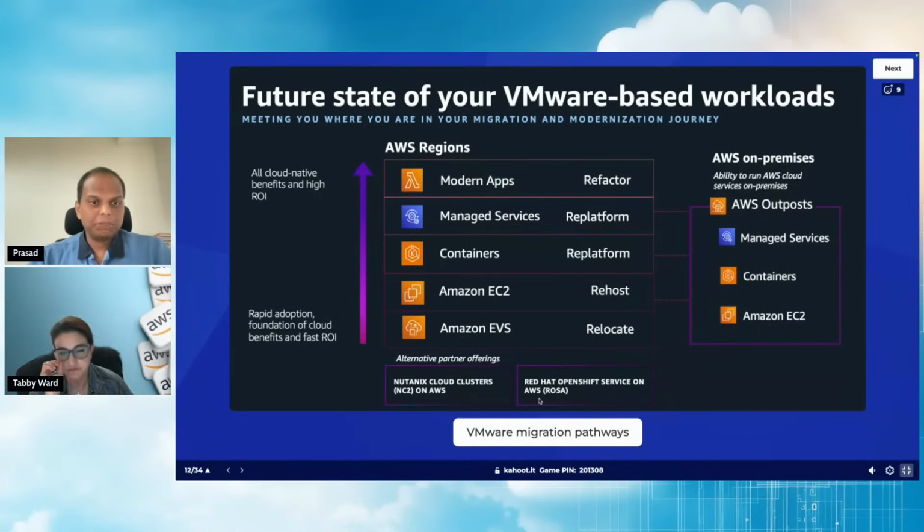Sure. Again, each of these pathways in itself is quite in depth, right? We'll be focusing today on EC2, mostly because we're talking about AWS Transform when we will dive deep, but we'll also touch upon EVS. And then in the coming weeks, that is week 5 and 6, we'll be talking about modernization, where we'll be talking about the containerization and serverless and the whole refactoring part of it in the week 5 and week 6. Right. So with that, let's dive deep into the questions.